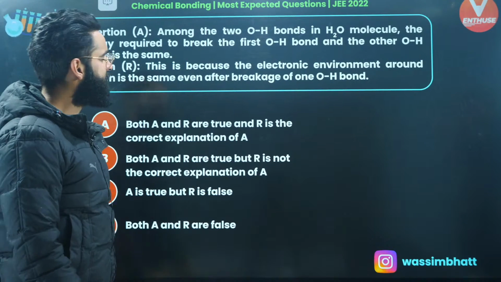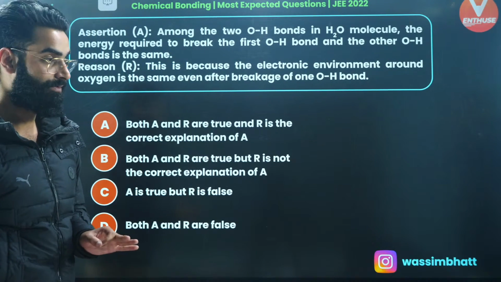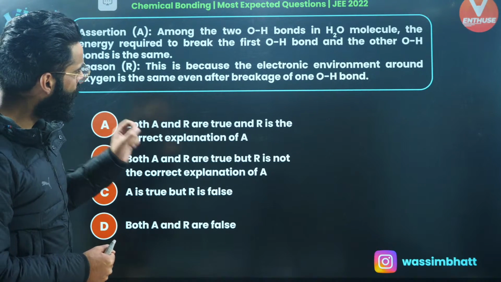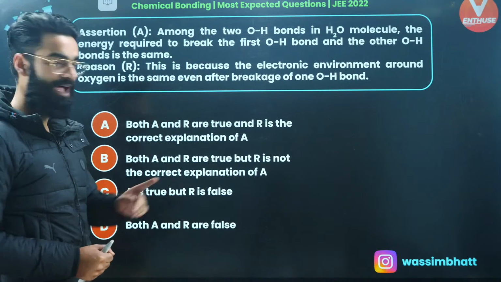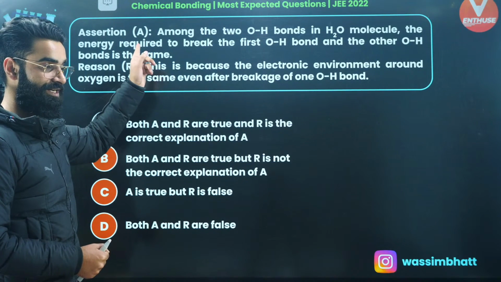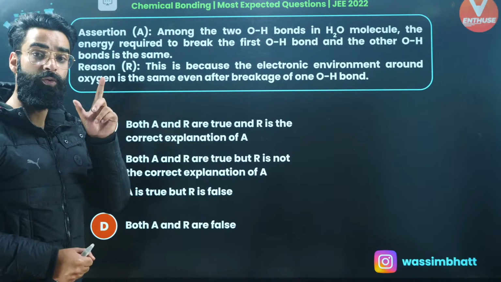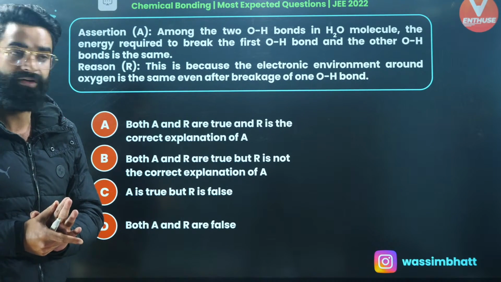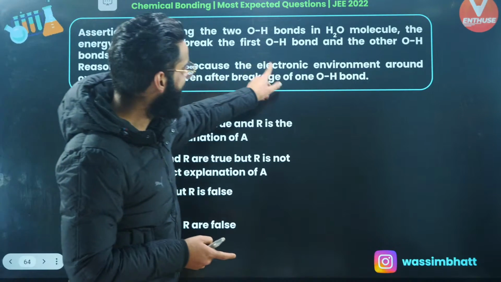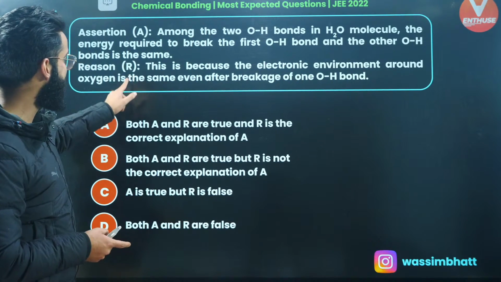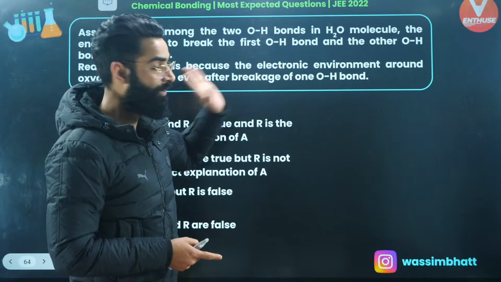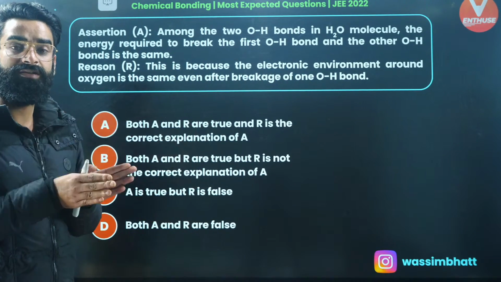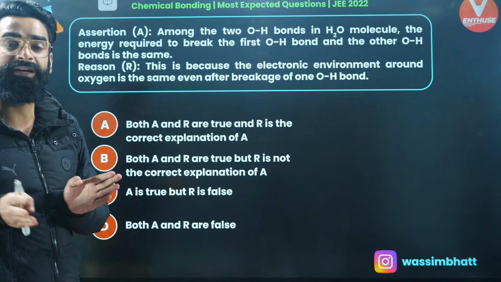Okay, among the two OH bonds in the H2O molecule, the energy required to break the first OH bond and the other OH bond is the same. Absolutely incorrect, right? It's not the correct statement. The energy needed to break the first OH bond and the second OH bond will be absolutely different. This is because the electronic environment around oxygen is the same even after the breakage of the OH bond. No, this is again wrong. The reason why the first OH bond energy and the second OH bond energy in water are different